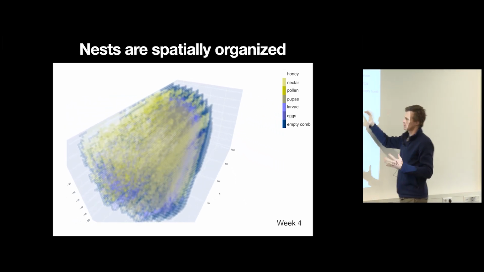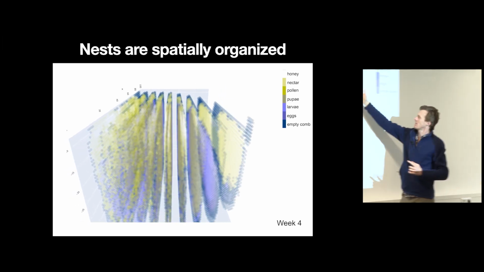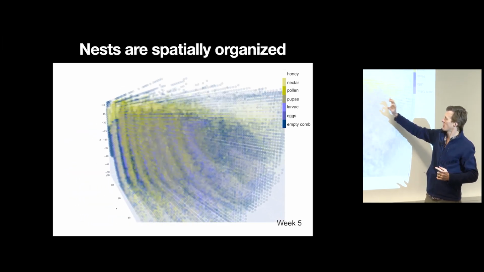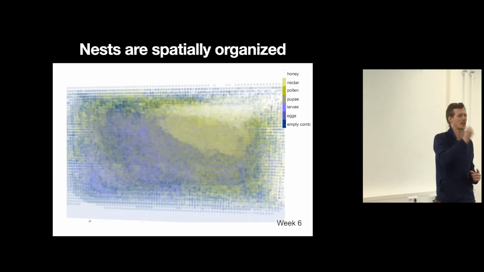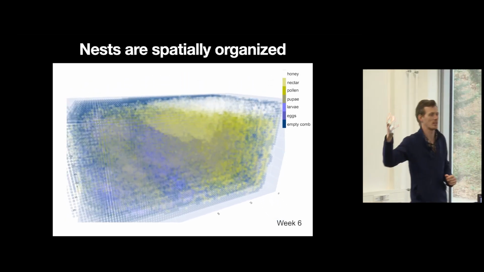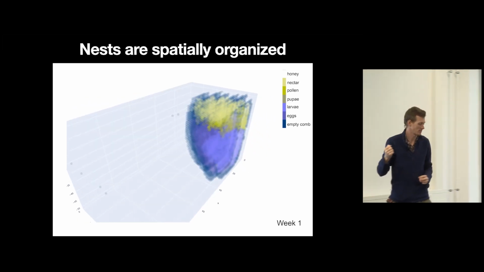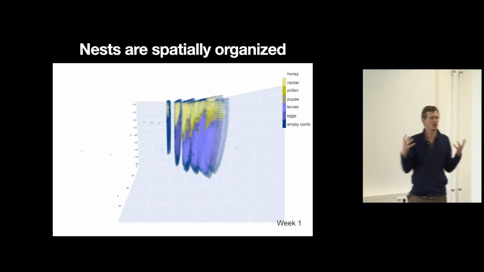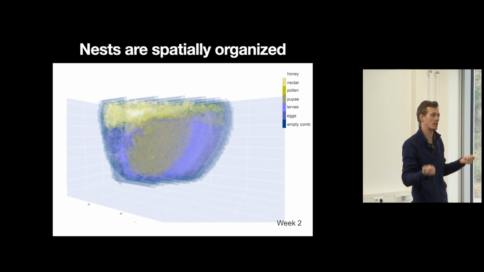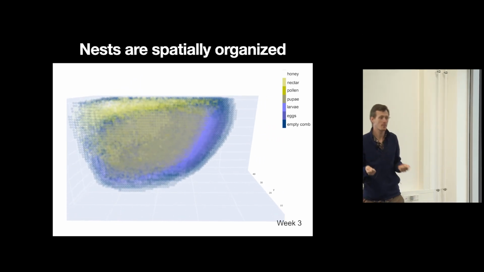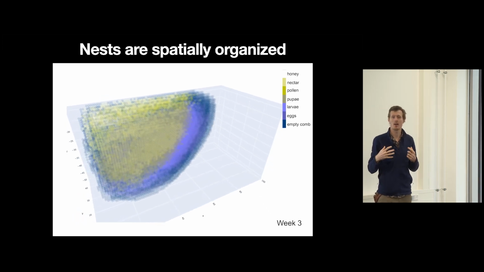In this case, what we're doing is a rotating flyby. Each of these is an individual comb where the contents of each pixel cell are what that hexagonal cell contains. And I'll get into that later, how we actually extract those kinds of data. But this is all coming to the idea that spatial organization and the superorganism concept is a reality in the honeybee. And it's also something that we can truly manipulate and impact.